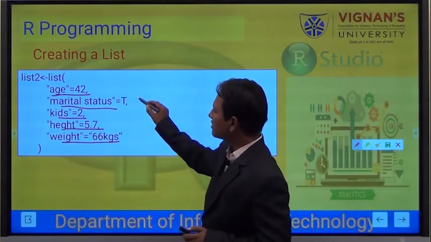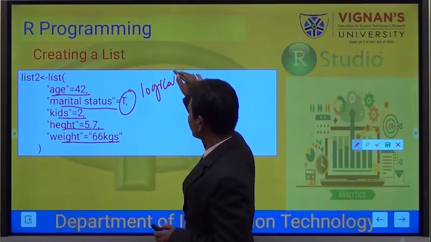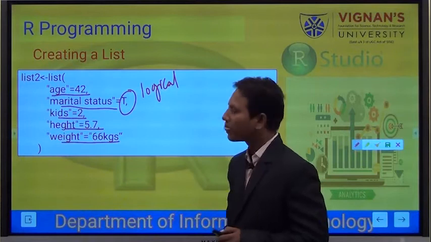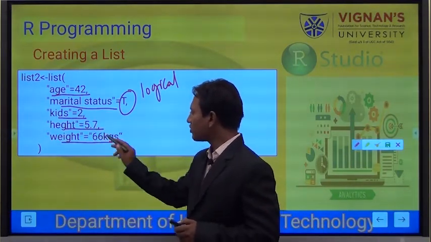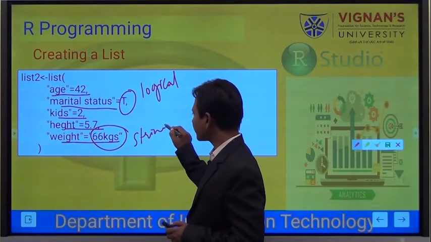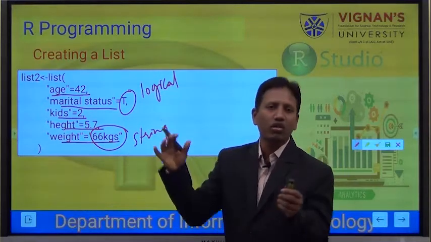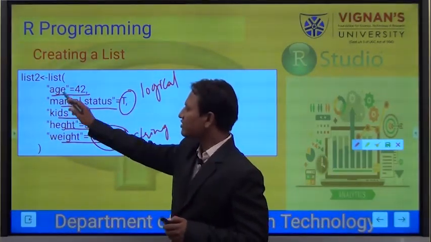So this is a logical value, a logical data type, and this is a numerical one. This is numerical, and this is a string type or character type. We have kept all these into a single structure. We named it list2.